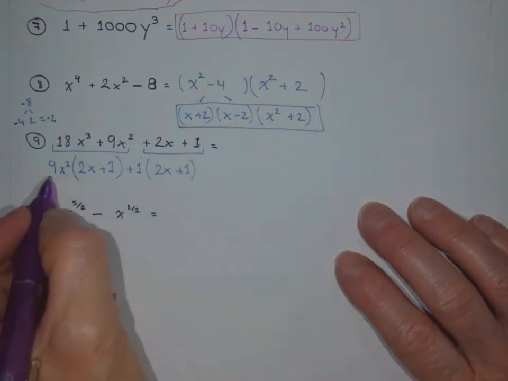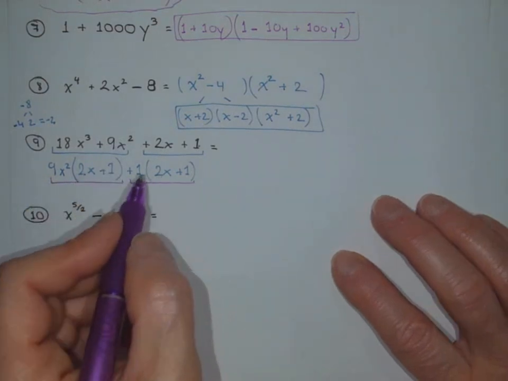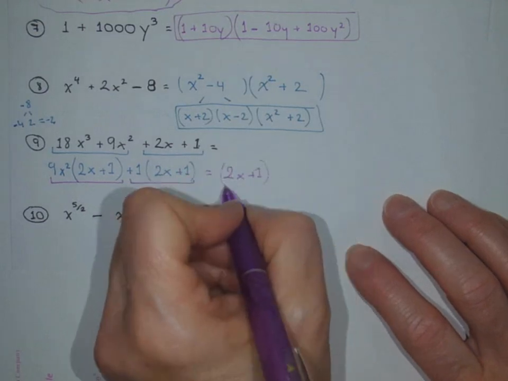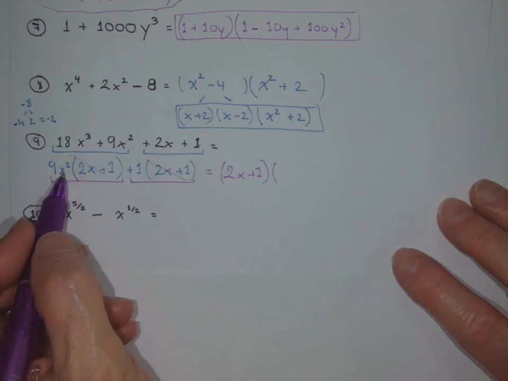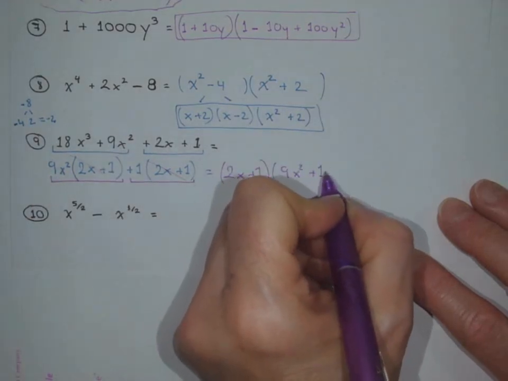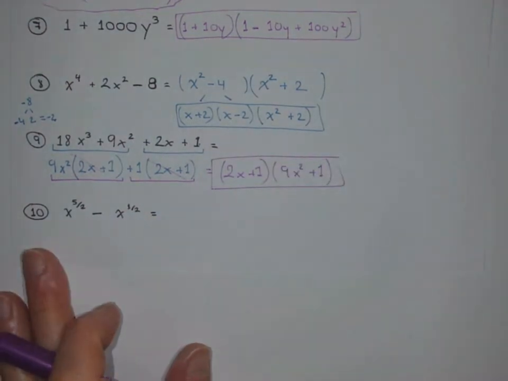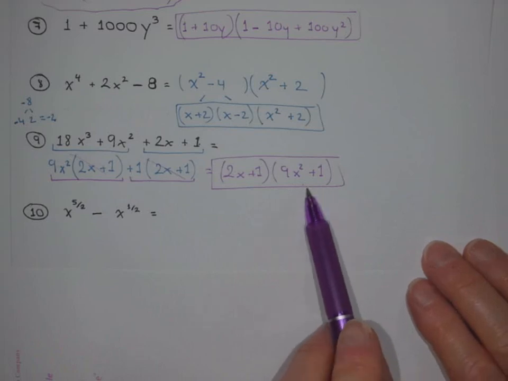Now we're going to say, okay, well, what do those two terms have in common? Well, they both have a 2x plus 1, so factor that out. Then what will be left over, right? So if you factor that out and that, you would have a 9x squared plus 1 left over. 9x squared plus 1. And again, within the set of real numbers, this will be as far as we can factor. If we would factor within the set of complex numbers, then this could be broken again with the conjugates,